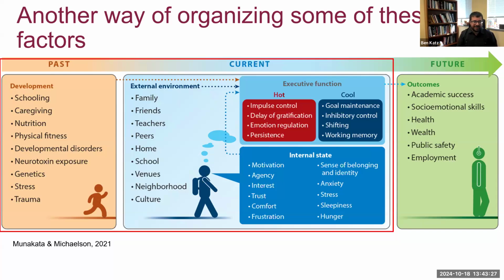I think it's important to keep in mind, when we look at a moderator or mediator, what is it really telling us? And what do we know about it? What is maybe missing sometimes when we reduce it or operationalize it to something that we can include in actual analysis? So for example, the free or reduced price lunch that I was talking about before, that's a proxy for SES, but it's really related to so many other things that might be linked to the external environment, if you think about the actual makeup of a school, internal state factors, but also developmental or experiential factors, genetic factors, things that